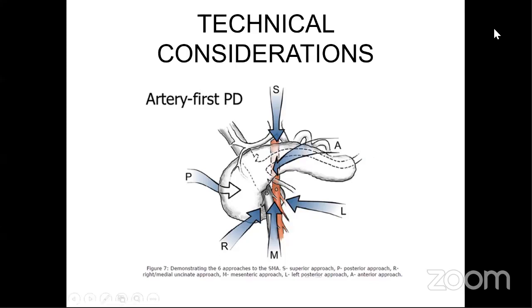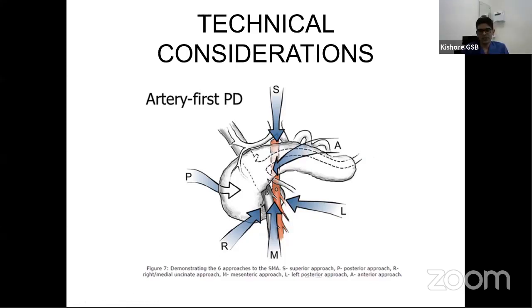Since it's a main right hepatic artery, if you've not looked at the CT scan properly, or if you detect it on table, I think there's no other option but to reconstruct it. The right hepatic artery has to be reconstructed. But if you detect it preoperatively, yes, embolization is a theoretical option. Personally, if you ask me, I would think of reconstructing the right hepatic artery. Right. So if you have the techniques available, this should be a preferred approach.